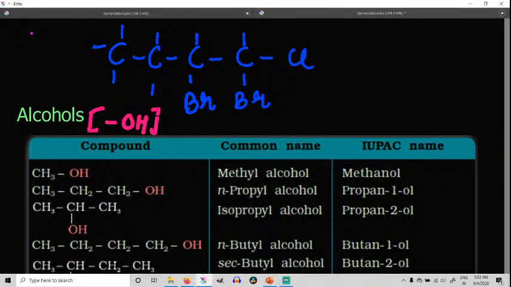It means on the first carbon atom one chlorine is present and one bromine is also present. On the second carbon atom one bromine atom is present. So what should be the name? Now once again, since both are halogens, both should be given as a prefix. One is starting with B and another is starting with C. Now we have to arrange them.